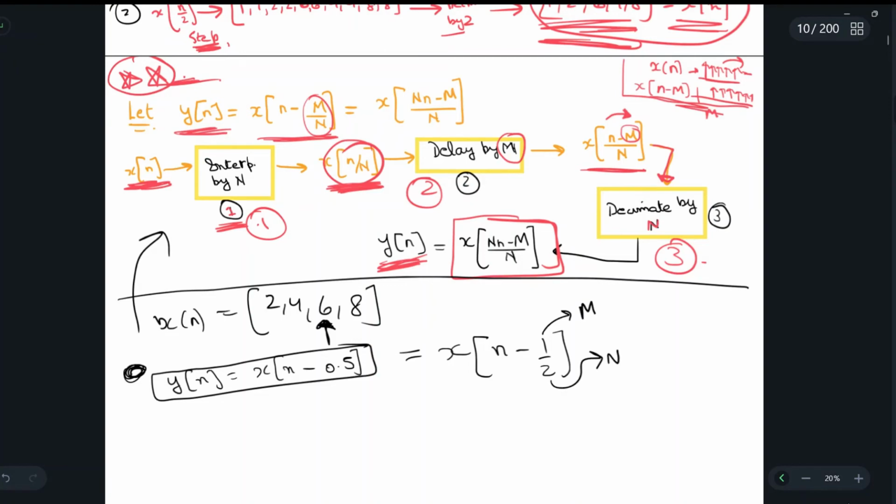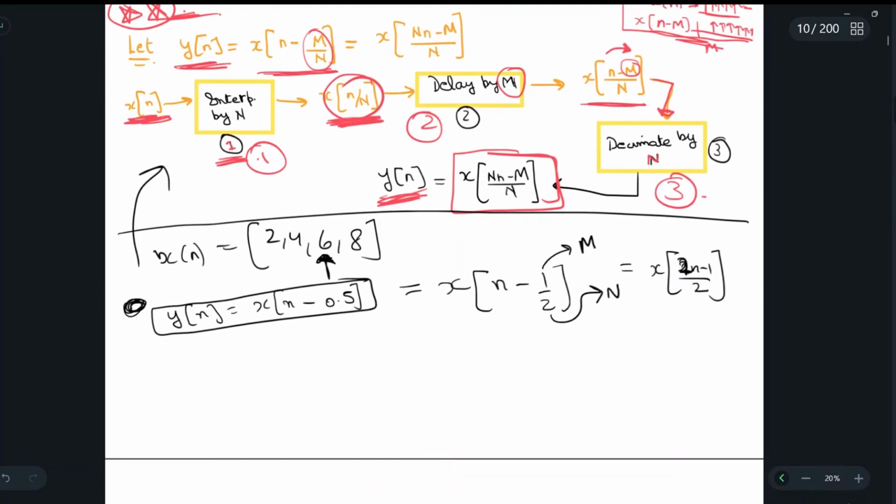So now what we will simply do is we will first of all write it as x of 2n minus 1 by 2. Okay. And first of all, we will perform the interpolation part, which is given in the denominator, that is 2. So we will be writing it as x of n by 2. And over here we will be doing linear interpolation, which was the averaging concept that we discussed